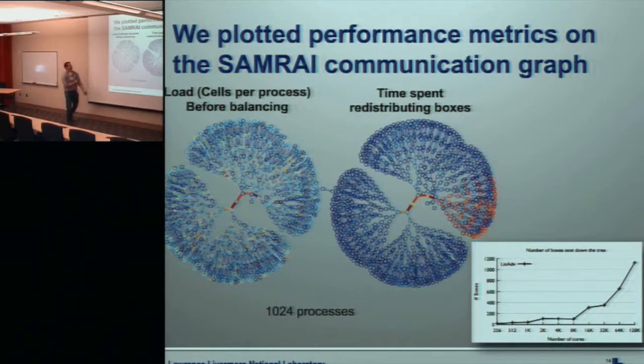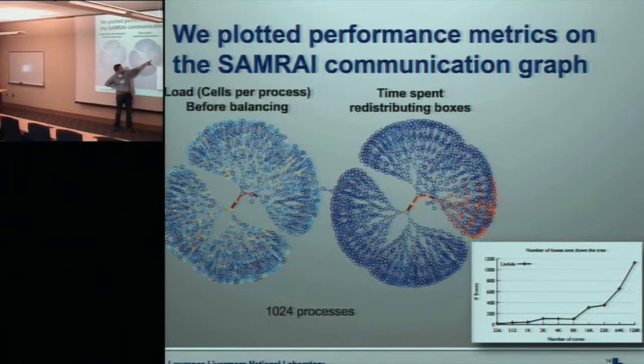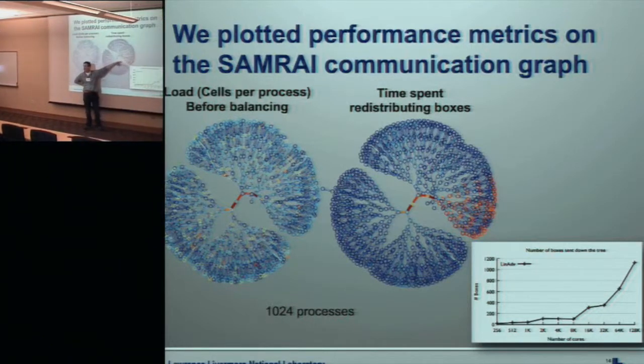But then we plotted the time spent. This is actually time spent waiting for traffic, or for boxes. And we saw that one entire subtree over here was spending a lot of time waiting, and that this corresponded to where we're actually sending the most data. And so it turns out that what's really going on here is that if you turn a tree upside down, it's a funnel. And so this thing has a bisection bandwidth of 1 right through the middle of the tree